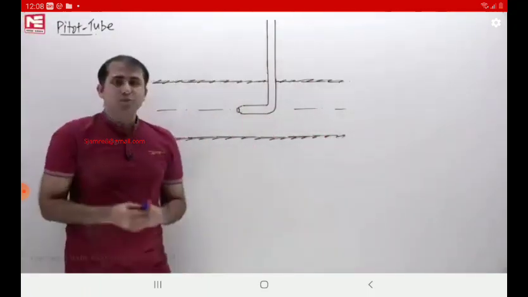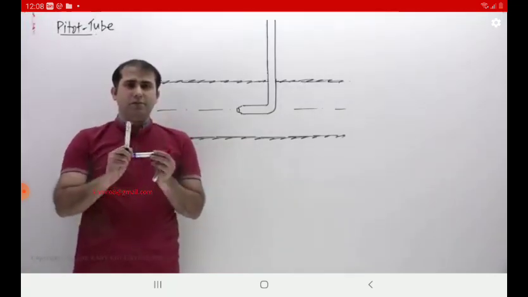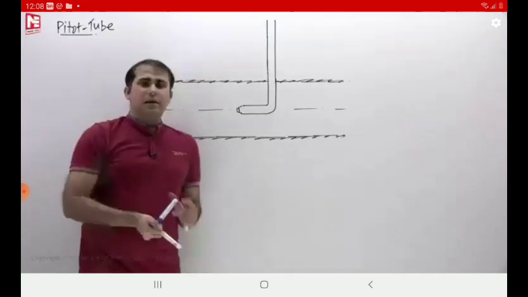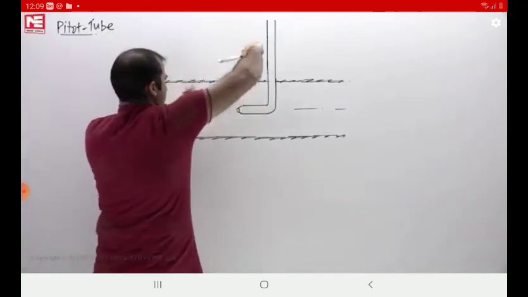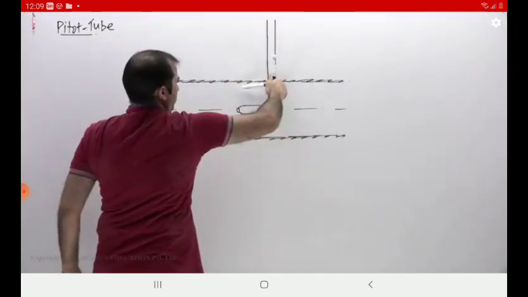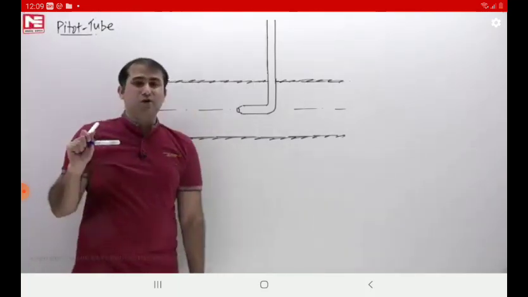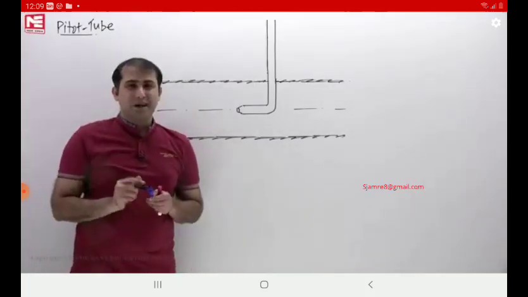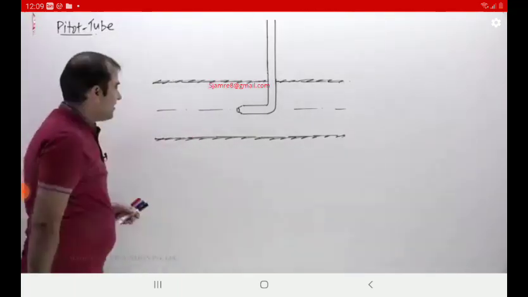My dear, it's a 90-degree bend tube. 90-degree bend, that means I have taken a 90-degree bend tube. Now you have held it and inserted it. So it is like this. At this level, you can also put it here, you can also put it here. So now if you insert at this level, you can get the velocity at that level. You will see local velocities.